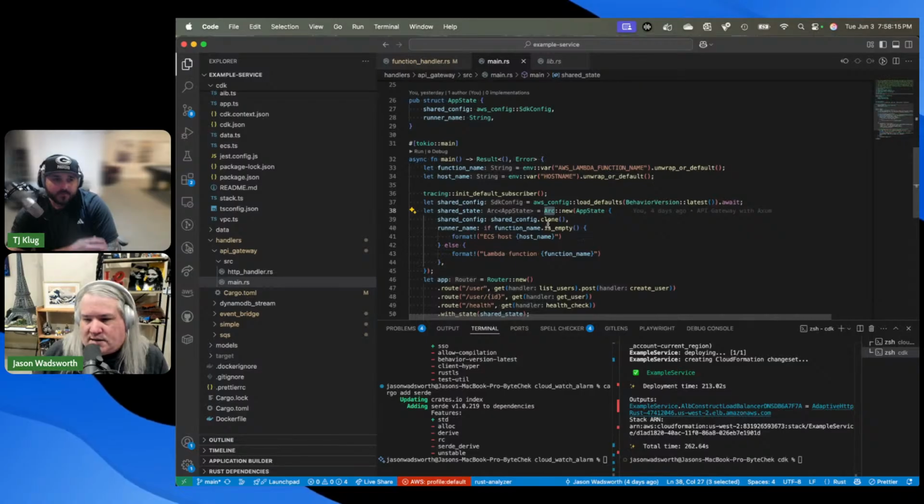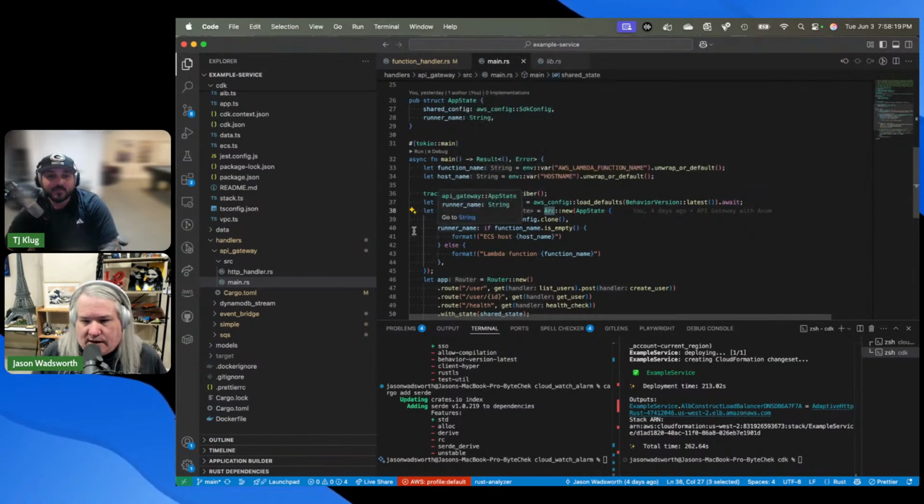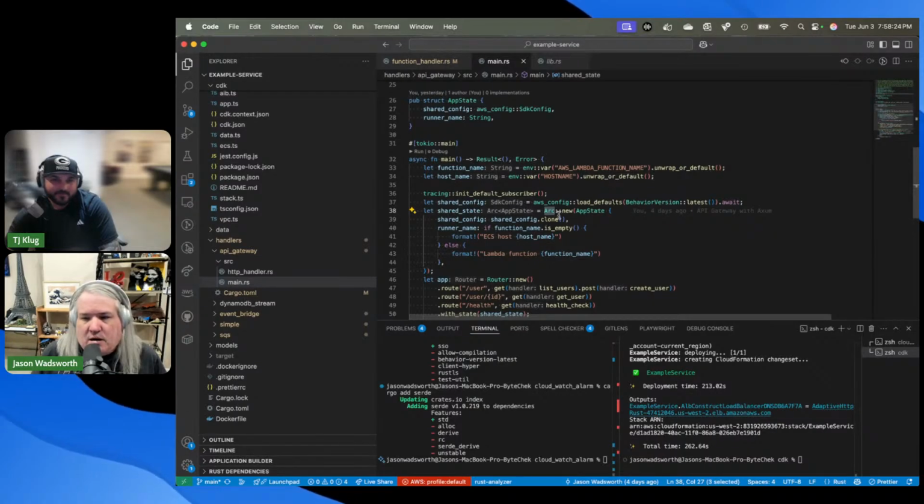What Arc is for is when you need to do something where potentially this is going to be used by more than one thing. Arc stands for atomic reference counting. And so effectively, it's going to put this wrapper around it that's going to say, okay, I'm going to keep track of how often this thing's being used. And once something goes in and out of scope, I'm going to track it. And once all of them are out of scope, then I'll get rid of the memory, free that memory up.